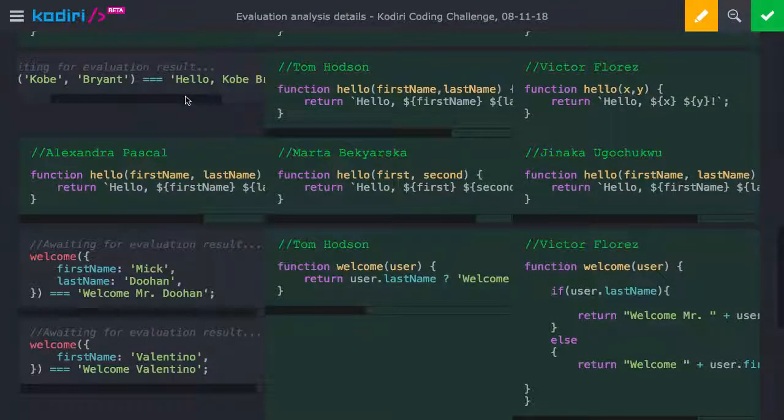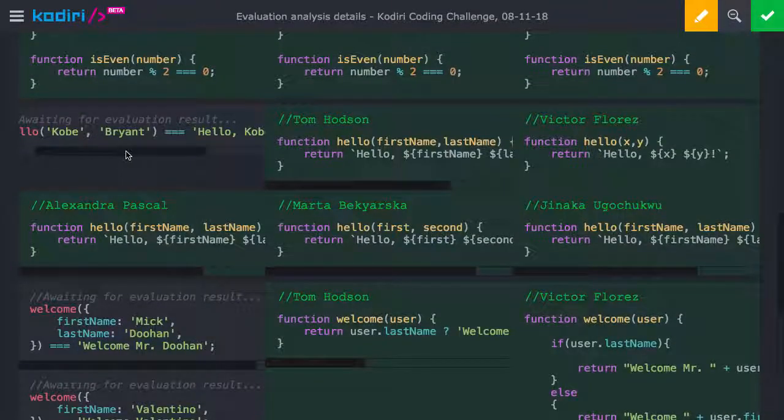Question number 3. In here, we got a couple of arguments, and we have to build a welcome message. That's pretty simple. Again, one of the challenges here is to write an appropriate set of arguments. So most of you have used first name, last name, but then if we look at the exotic proposals,